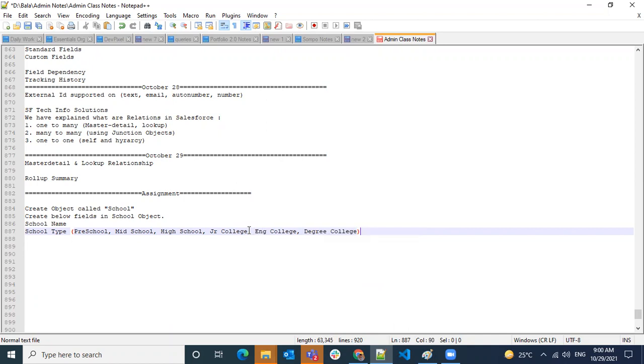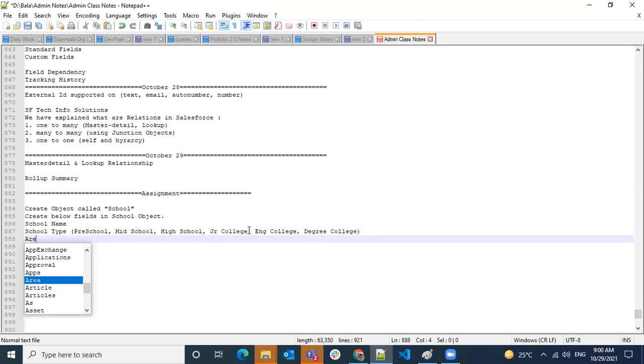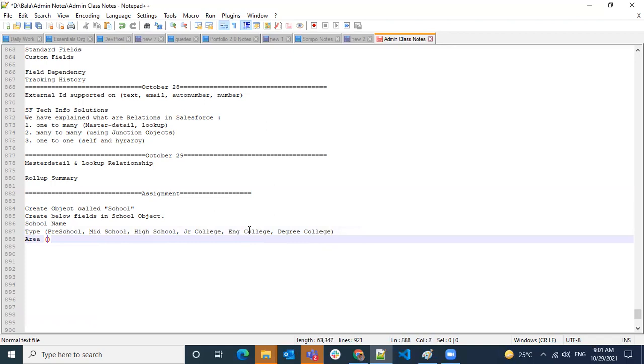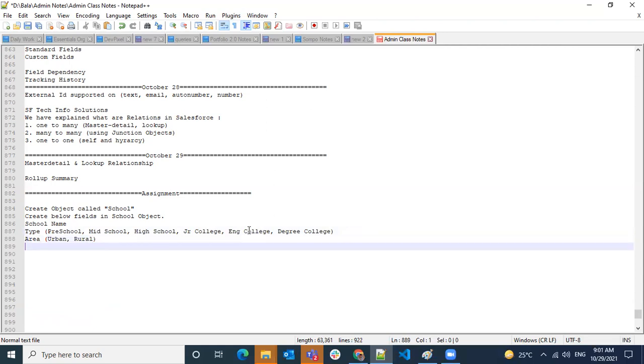Those are the values I want there, only these values. And area. I don't want to see school there, only type. Area is urban, rural, and